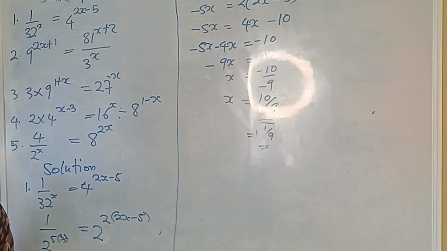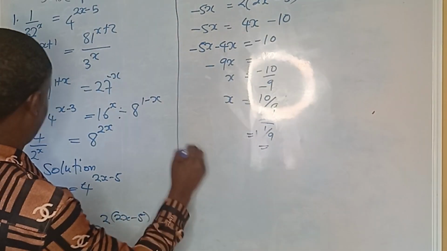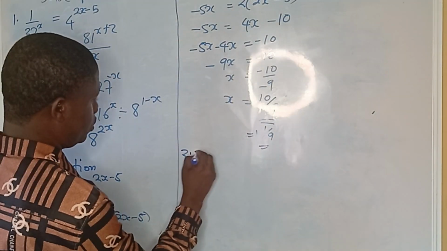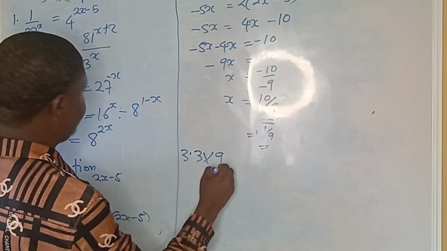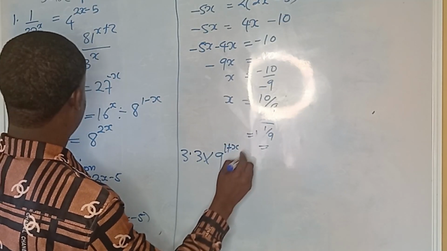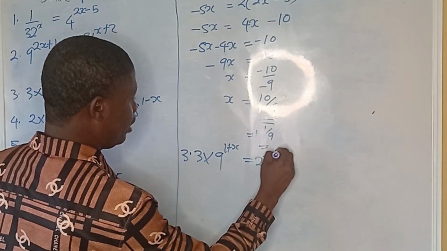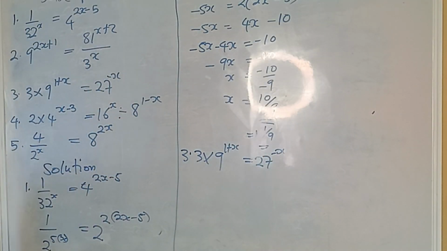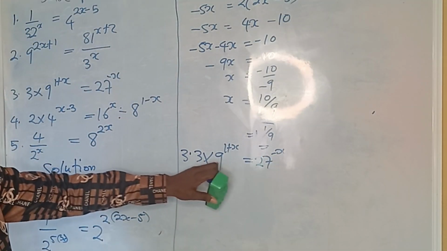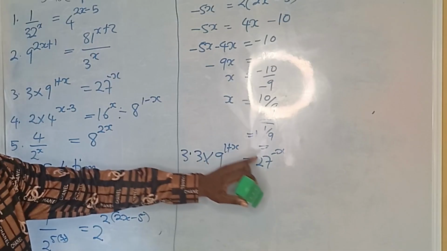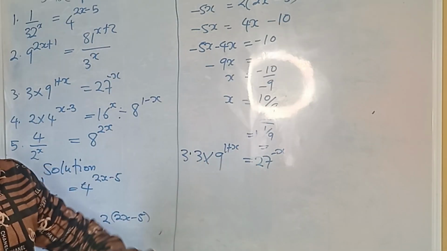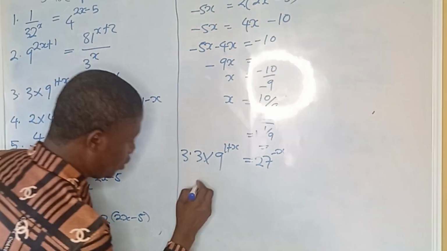So let's solve the second part of the question. So we have 3 times 9 raised to the power of 1 plus x is equals to 27 raised to the power of minus x. Okay, so here you can see we have 3 times this is equals to 27. So we have to reduce both sides to their lowest common base,